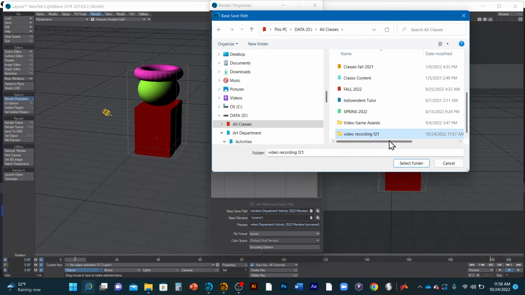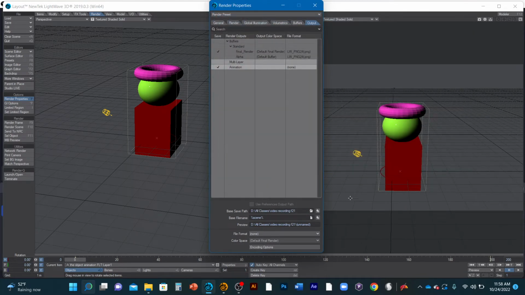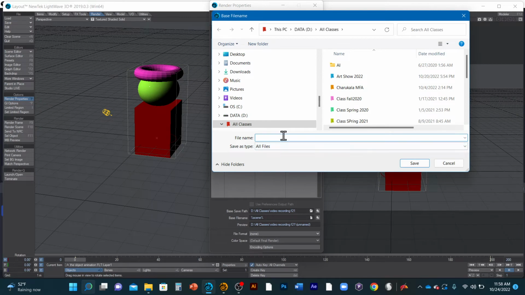say you can send it wherever you want. This is the folder I'm sending it to, and this is the file name. The second one is the file name. So I'm going to give it 3 object animation,